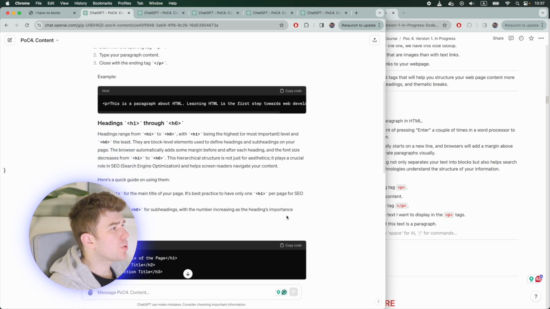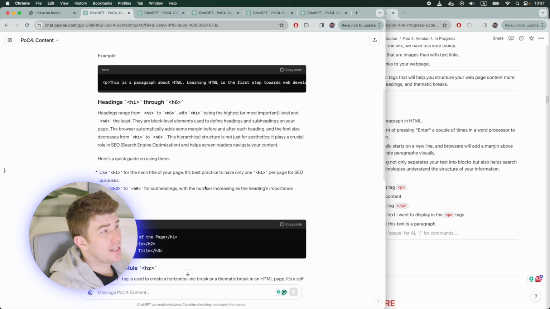Here is a quick guide on using them. Use H1 for the main title of your page. It's best practice to have only one H1 per page for SEO purposes. Use H2 to H6 for subheadings with the number increasing as the heading's importance decreases. Yeah, well,